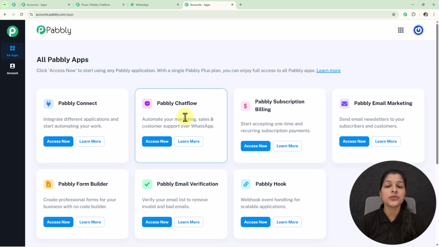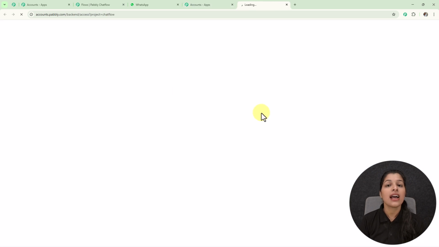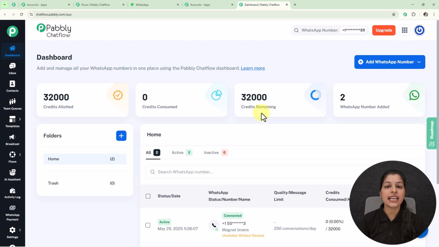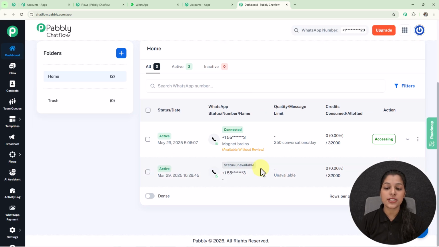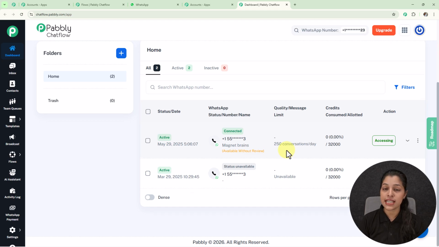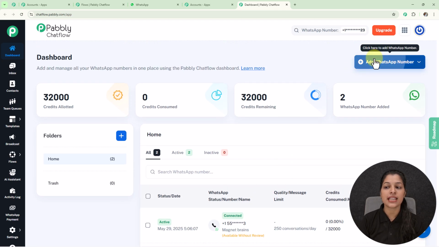And as we are going to create a chatbot, I'm going to access this Pabbly Chatflow app by simply selecting this Access Now button, and we will land on the dashboard page of Pabbly Chatflow, which can be seen here. On this dashboard page you can see the numbers connected to my account. And if you want to add your WhatsApp number, then you just have to click this Add WhatsApp Number